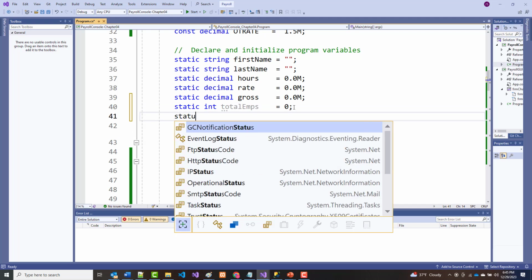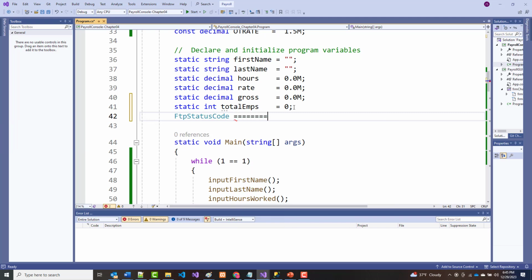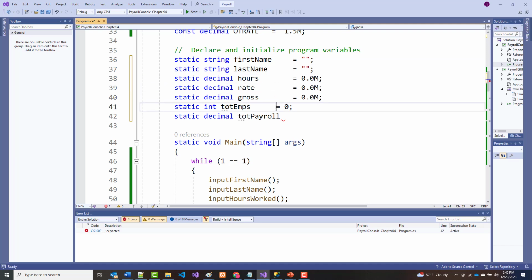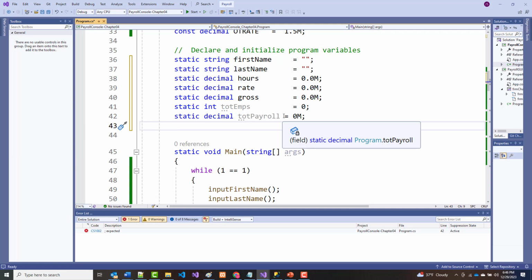All right, static. No, static. Come on, Jeff. Static. STATIC. Static decimal total. Let's call it total payroll. So we'll call this total EMPs. All right, let's move these over a little. So that total payroll will be equal to 0M. And then we'll also have,